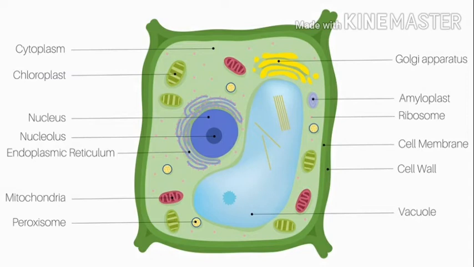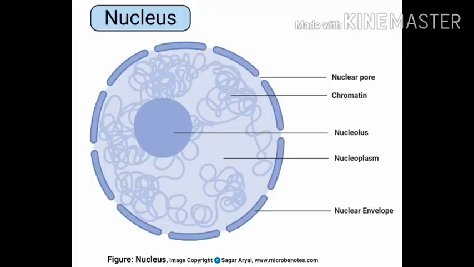Almost every cell has a nucleus. The RBC, as we have already discussed, is the exception, that doesn't contain the nucleus. The nucleus is the largest and the most important organelle of the cell. It is usually spherical, oval or round in shape, in the center. Not in all cells, maybe it is also available on the side.